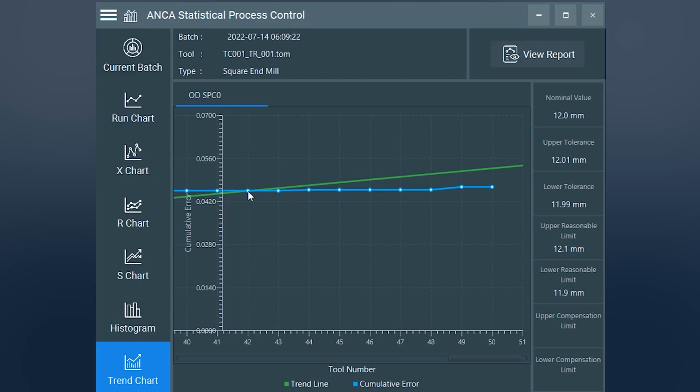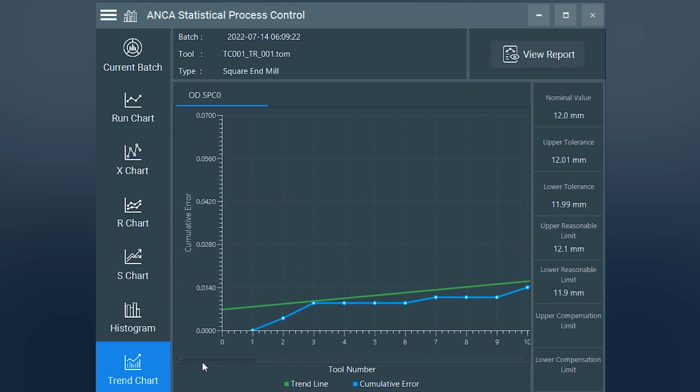So what this basically means is there's been some sort of wheel wear, and we have applied the compensation all the way along, and this trend chart actually displays the compensation that's done in a trend line. And what we can do is, based on this, the wheel types and the compensation applied, we have in iGrind what is called the compensation for wheels, which can be automatically applied depending on the batch quantity.